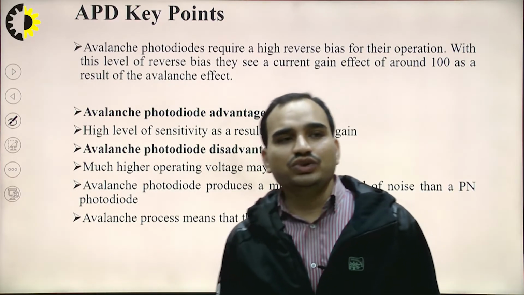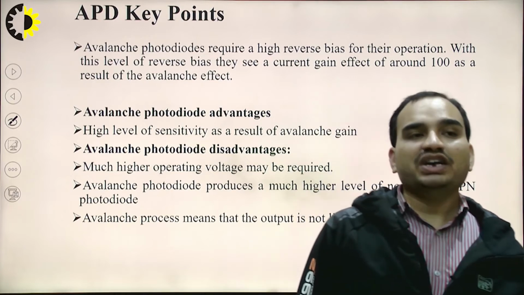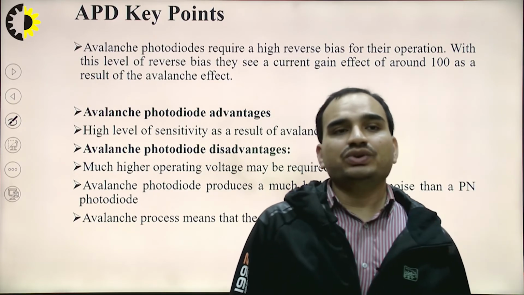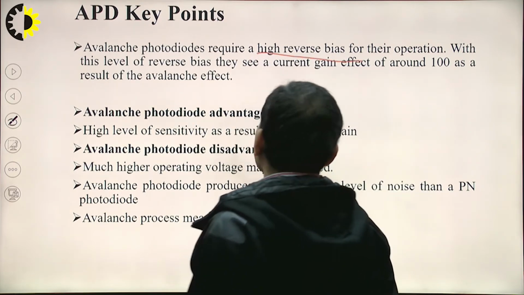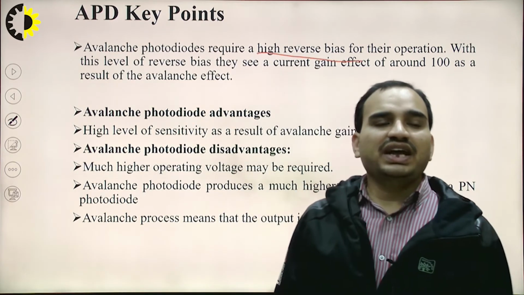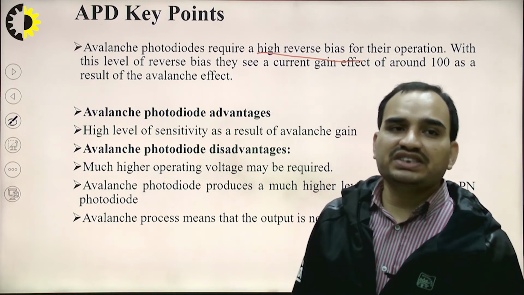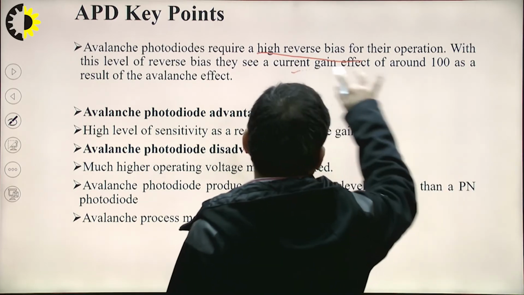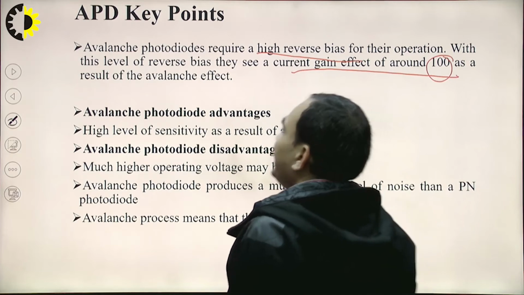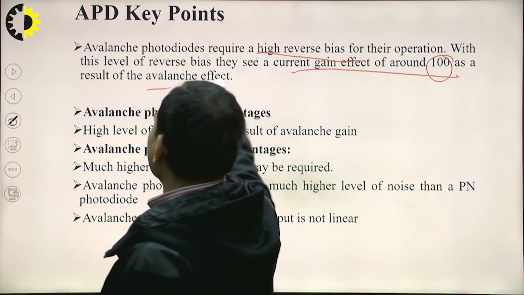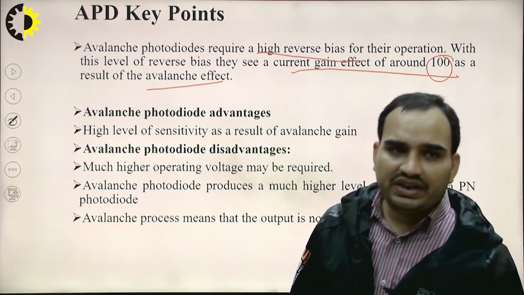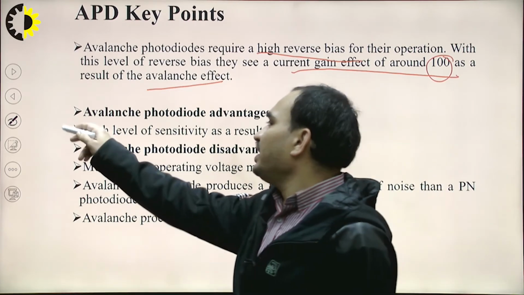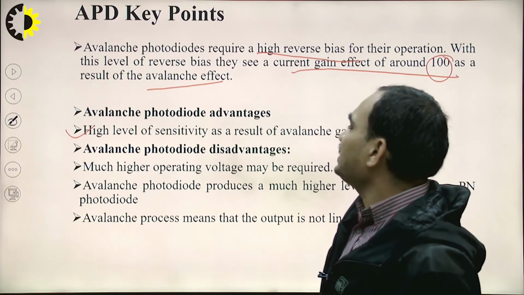So, these are the key points of the avalanche photodiode. Avalanche photodiodes require a very high reverse bias for their operation. With this level of reverse bias, they will see a current gain of around 100 as a result of the avalanche effect. Avalanche photodiode advantages: they offer a very high level of sensitivity as a result of the